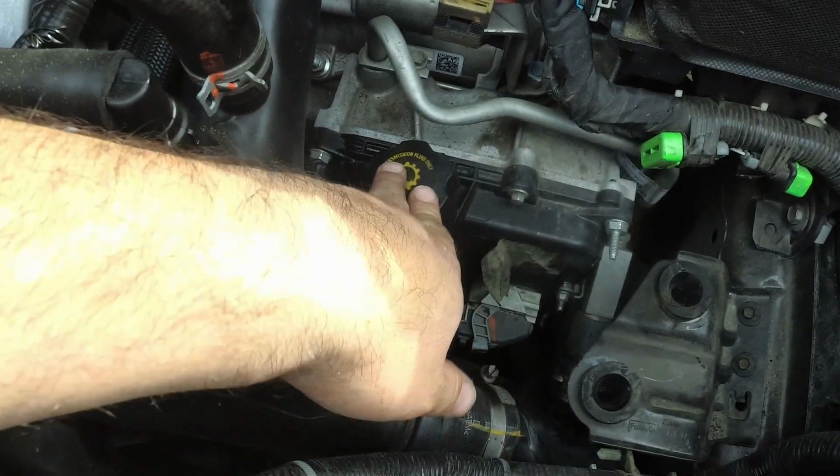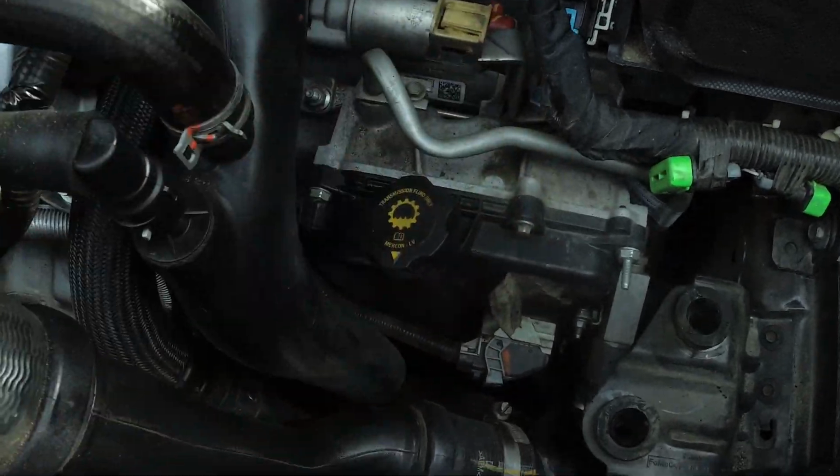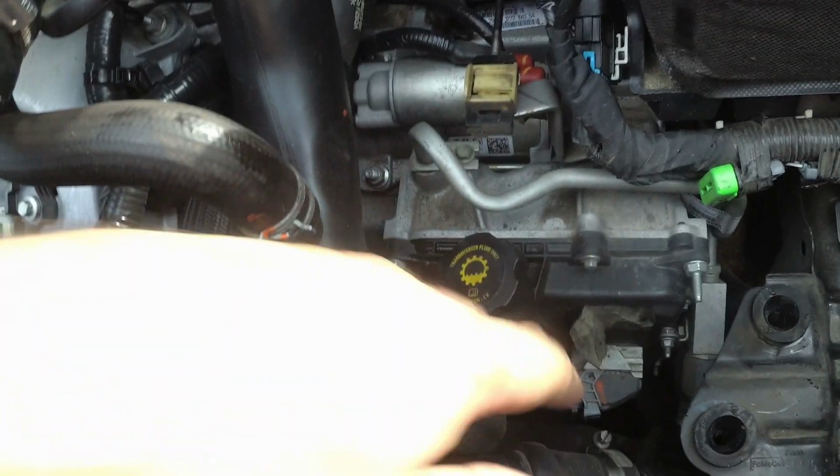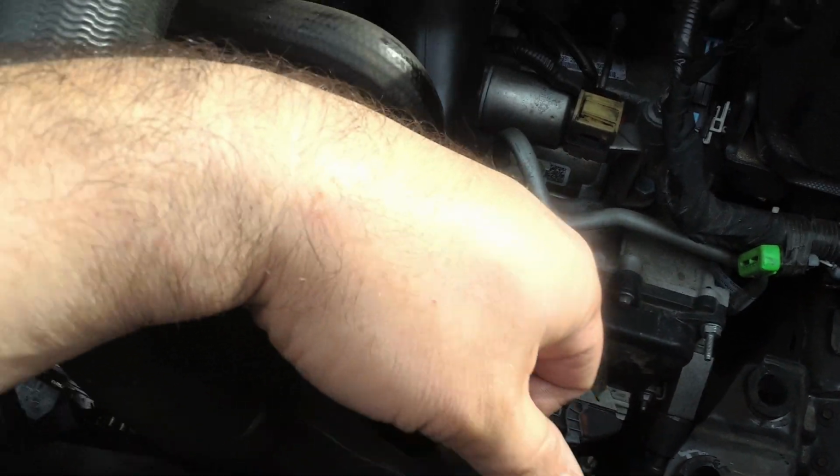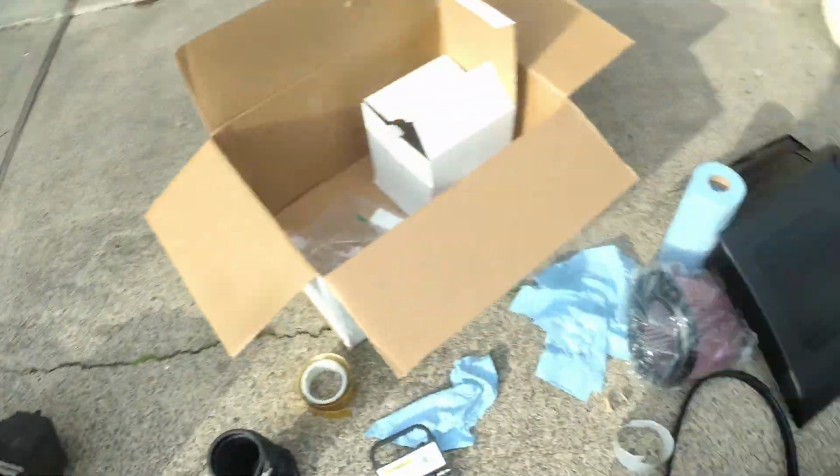This is your automatic transmission fluid fill, and that's your shift cable there. So make sure this clip is in good shape. It's a good chance, good time to check your fluid and all that stuff if now is the time to do it. But anyways, we got this air box out and ready. Now,